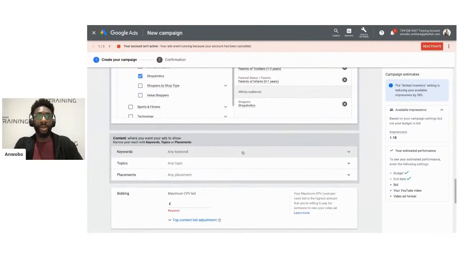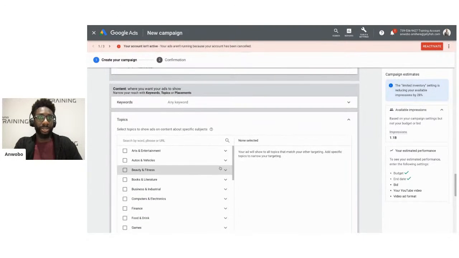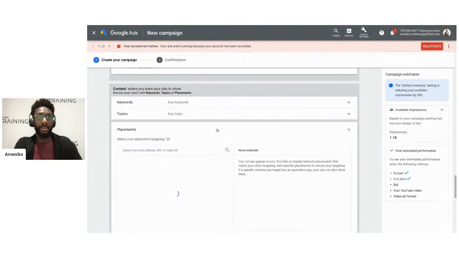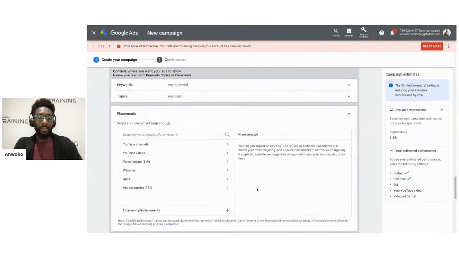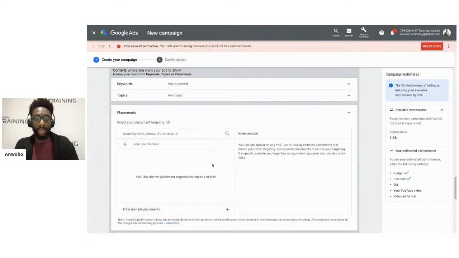From here, this is where I can add keywords to say only content based on certain keywords, only content that is based on certain topics or certain placements. I saw we were asking earlier about YouTube channels. I believe that was Timotheus. You were asking about the YouTube channels. I don't know if you want to let me know what's your YouTube channel and I can show you how we could maybe target a single YouTube channel.